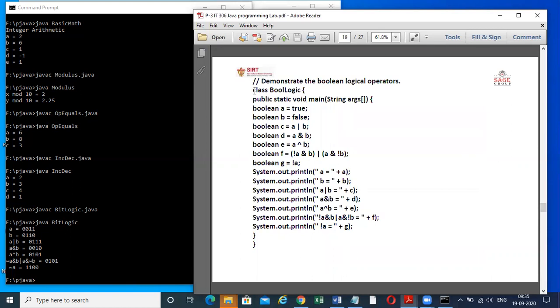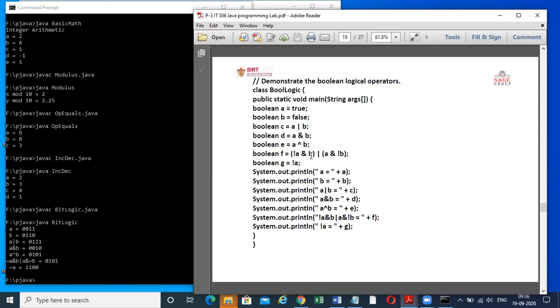Now you see here, that is the public class, I take the class BoolLogic. Then I take the main function, and inside the main function I take the variables A, B, C, D, E, F of Boolean type. A is true, B is false, and here C is equal to A or B. So inside C, the value will be true. D is A and B, the value will be false. E is A exclusive or B. A exclusive or B means any one condition should be true, so here the result will be true. And this is the Boolean F, that is not A. First it will calculate the result. It will take the result of not A and B. Not A, that is false, and B, that is false.